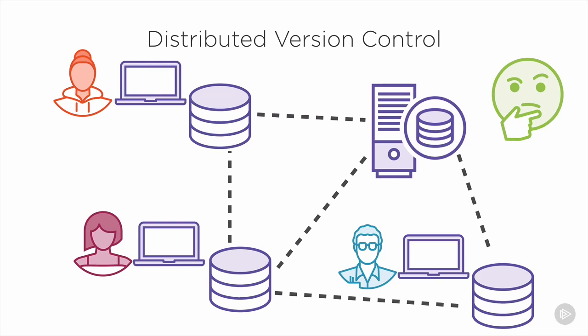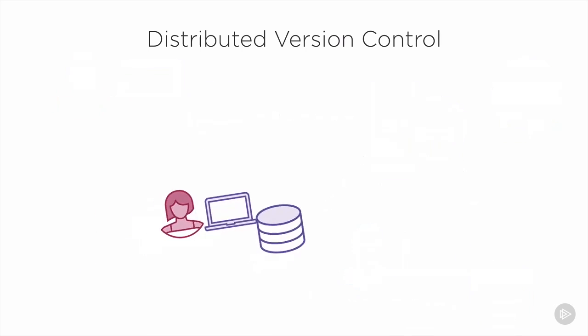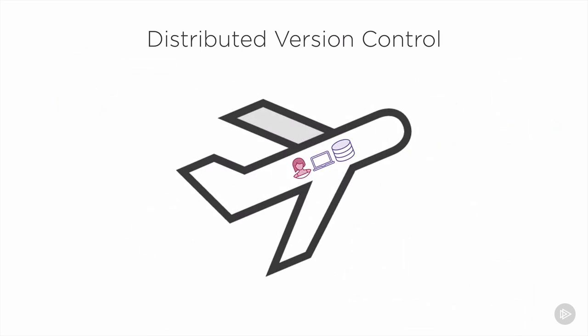That is, if Sanya has her own repo, she can still work with version control even when she disconnects from the central server. She cannot share code with the rest of the team, but she can still create commits, check out branches, move back and forth in history, and so on. That's a nice feature. It plays well with remote working, and it also removes the single point of failure that is the central repository. But I would say that the greatest benefit of distributed version control goes above and beyond